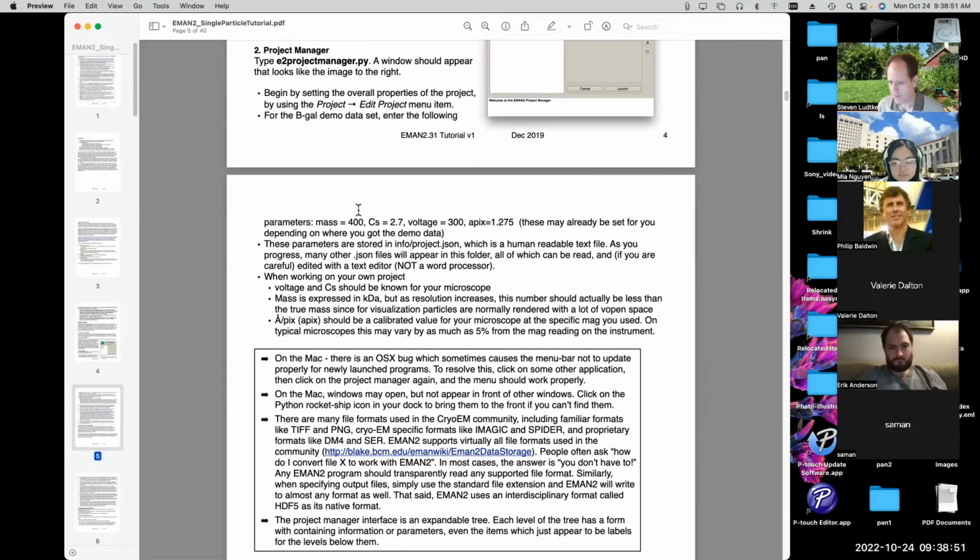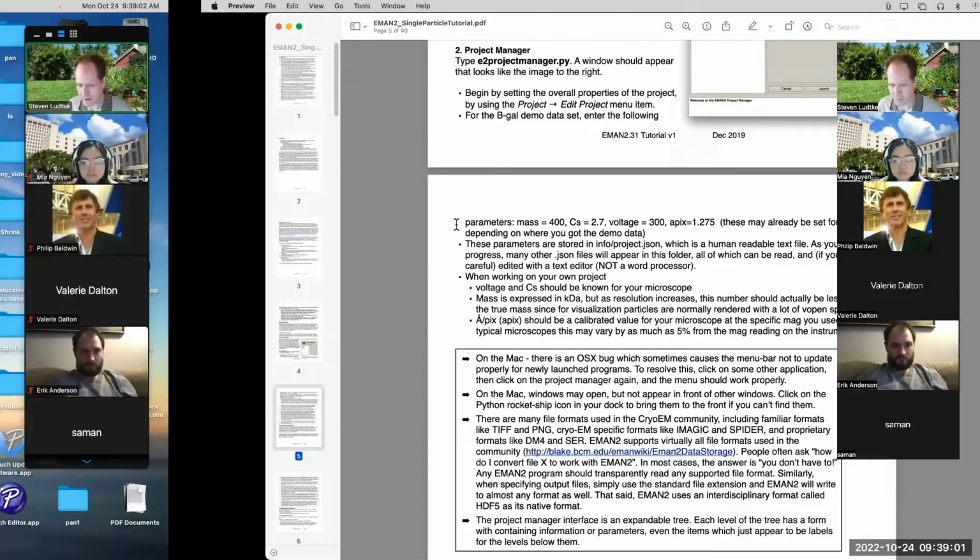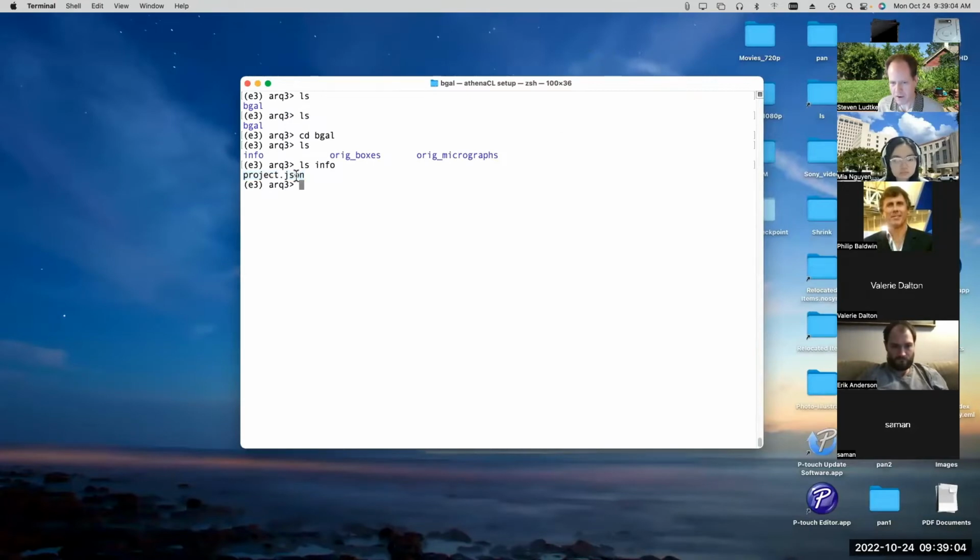So people historically very frequently missed that step, which then led to them having to go back to the beginning of the tutorial and start over again when we were a couple of hours in. So to avoid that problem, we now distribute this already set project.json file along with the data. So if we run e2projectmanager,